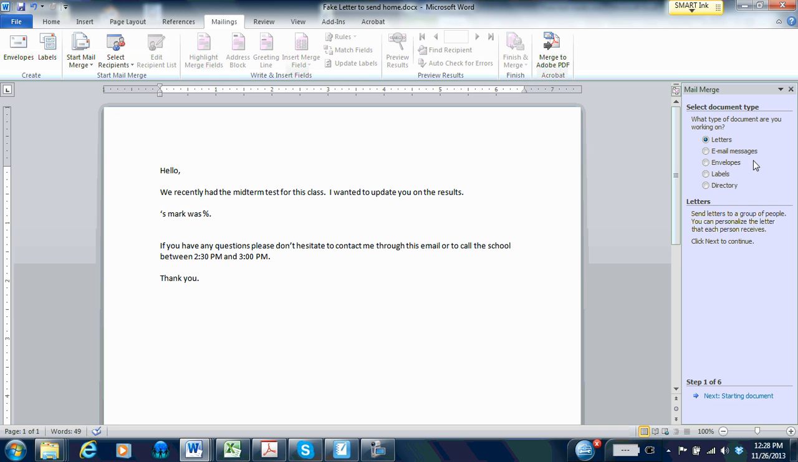And at this point, I would need to choose whichever one of these document types that I'll be using. I find, and you can do this for letters and a whole bunch of different things, I find for my purposes the directory is the best one. Now there is an email messages section here, but I believe that email messages only works with Outlook, so that's why I don't use it. But I'm going to use the directory tab at this moment, and because I'm ready to go, I just click